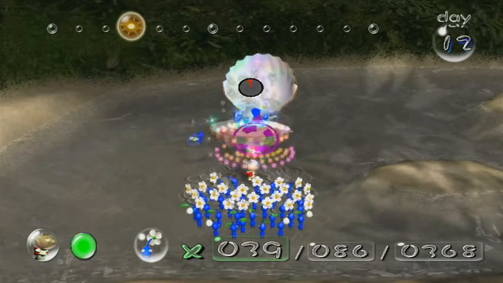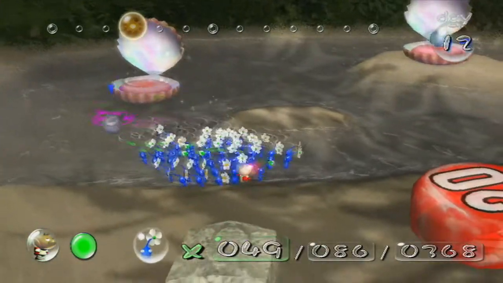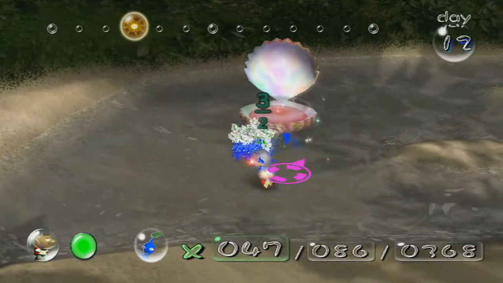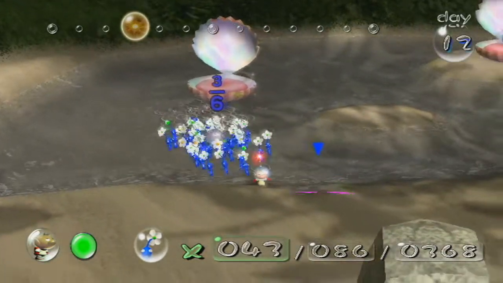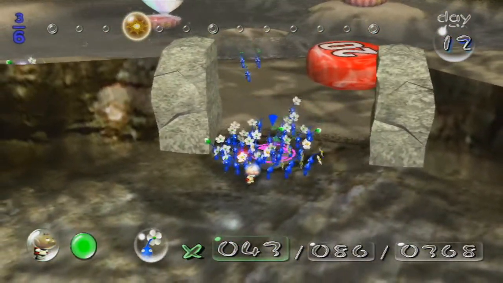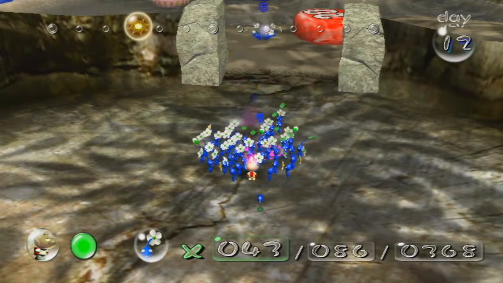Great, guys. Oh, I'm gonna lose. Okay, I didn't lose that many more. So, I'm gonna have these blues carry it to the safe area. Come on. There we go. I'm gonna have them carry it to the safe zone here on the stump, and I'm gonna basically leave it here for yellows and reds, because